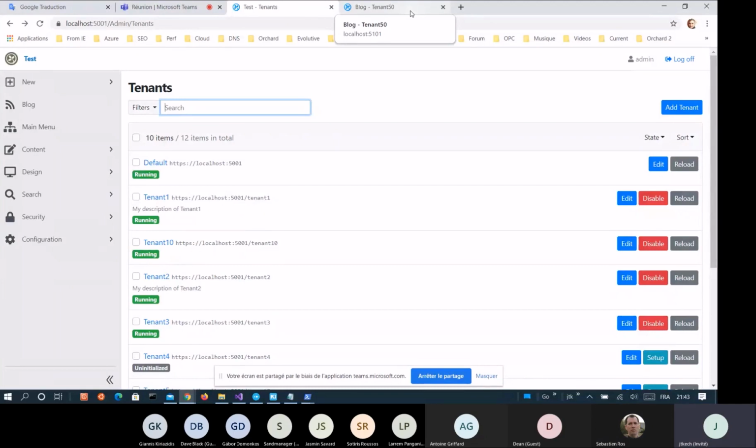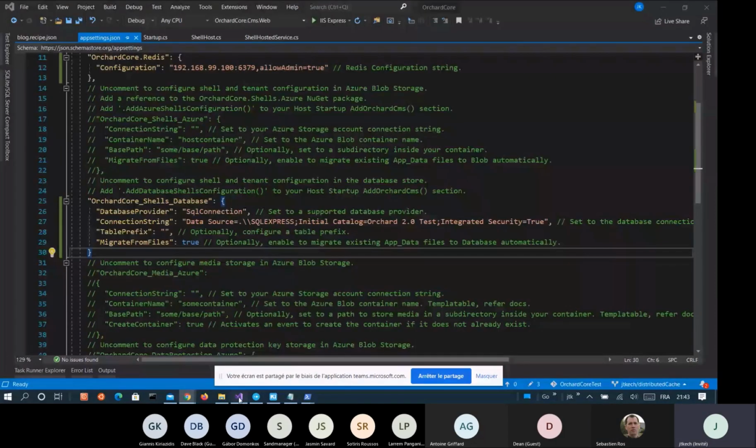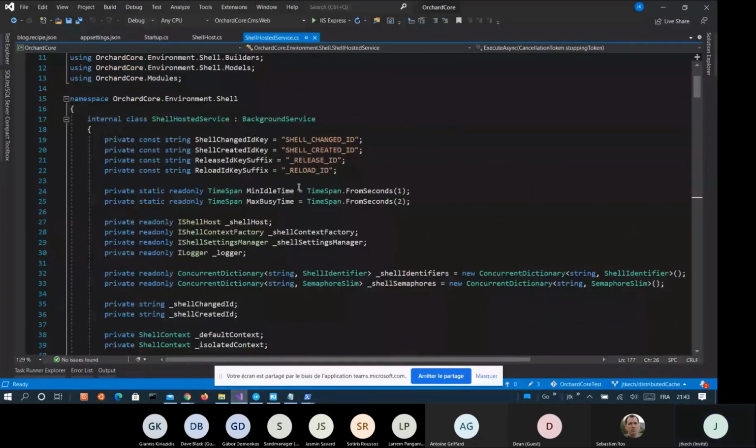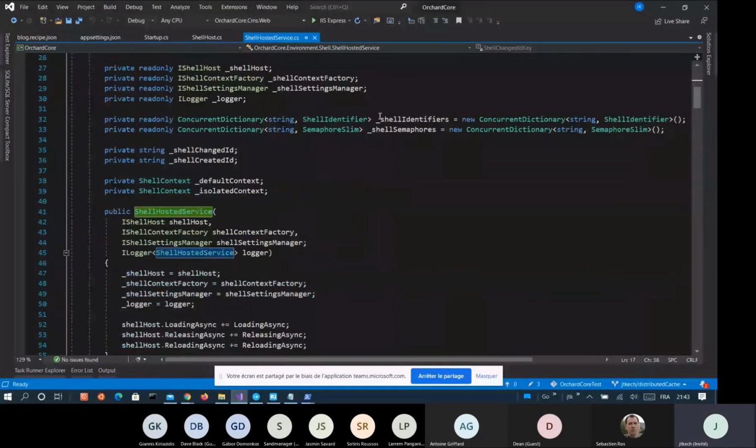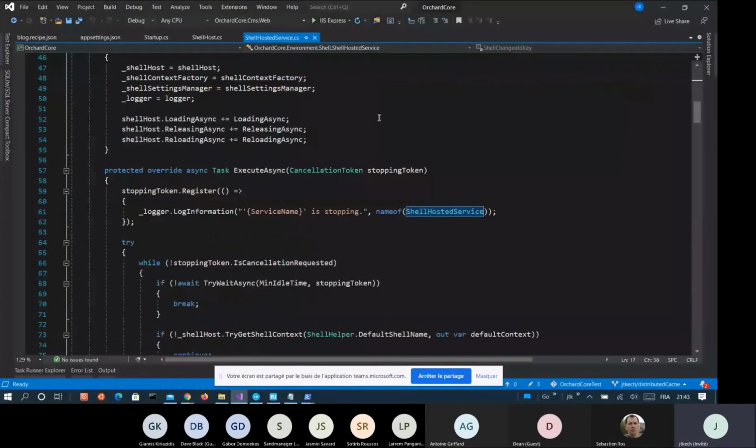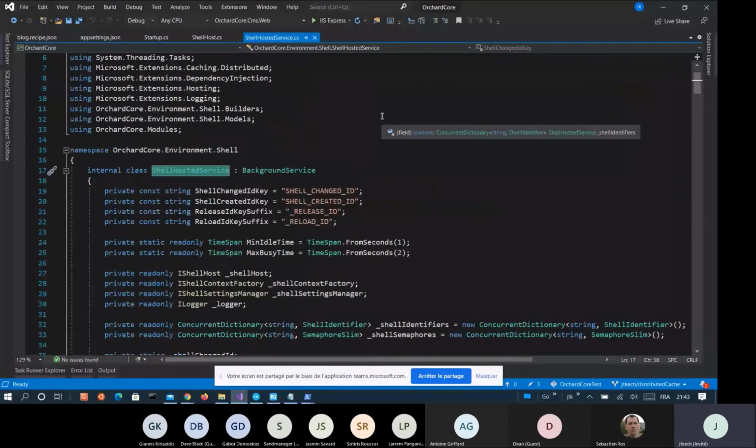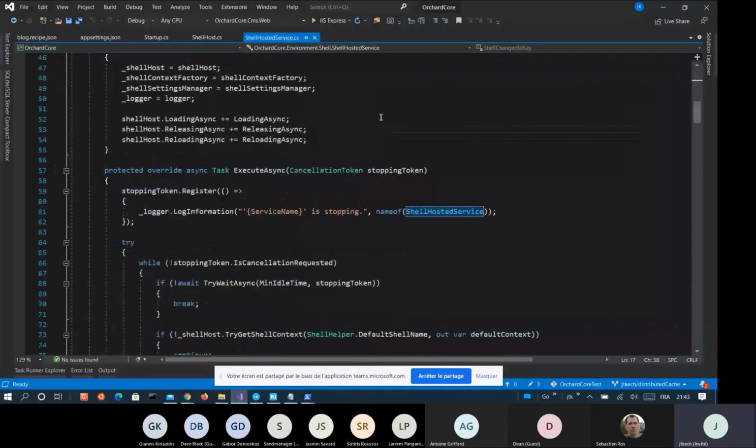Just one point. You say the message, but I didn't use a message bus. I will not talk about all the things, but I used a shell hosted service, meaning it runs in the background, but it's not a true background service.